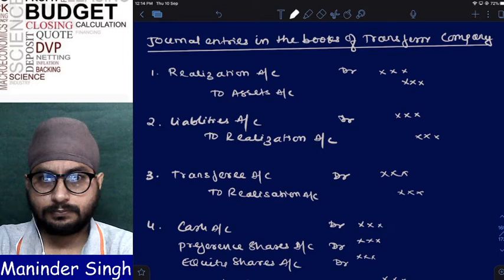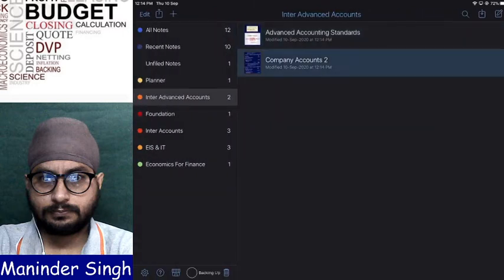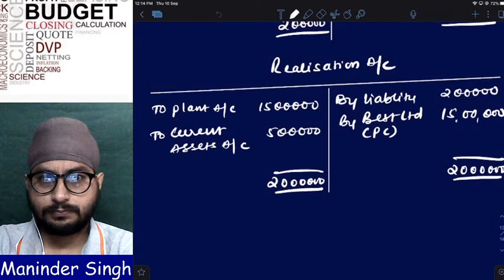Now tell, who is the transferee in the current problem? Best. So Best account debit to realization, or not? So in realization, by Best will come, or not? That is if they ask for journal entries. If they don't ask for journal entries, your purchase consideration is your income only, right? Income will have which balance? Credit balance. Did we write it on the credit side?